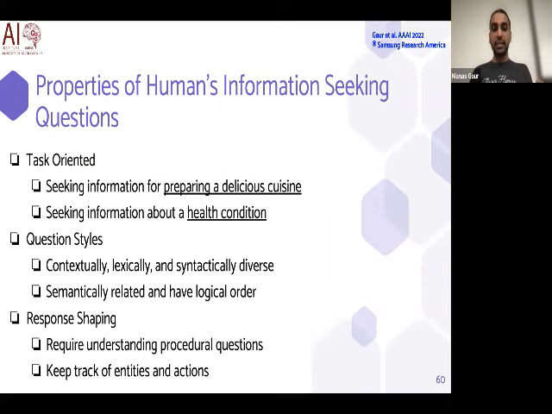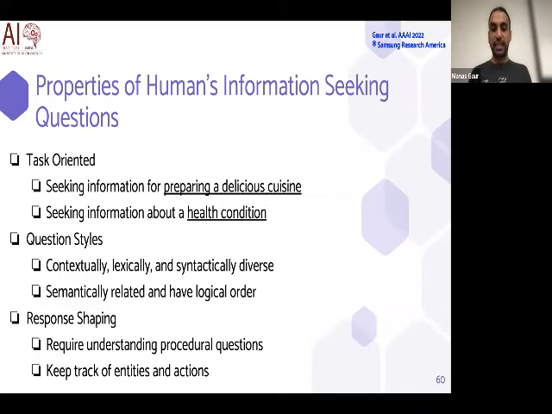So the task here in the conversation, if we want to develop conversational systems along these properties, then it needs to be task oriented. That means very much understanding what the user is looking for, what are the ways a user desires information. There may be various contexts, different styles. And the third, when the user is finding this information, the agent should be able to